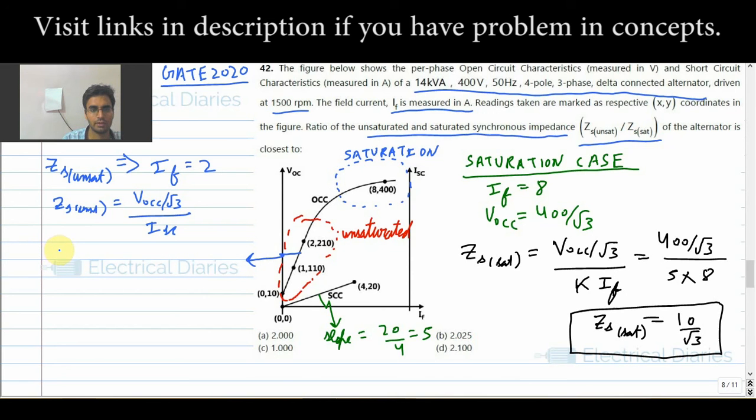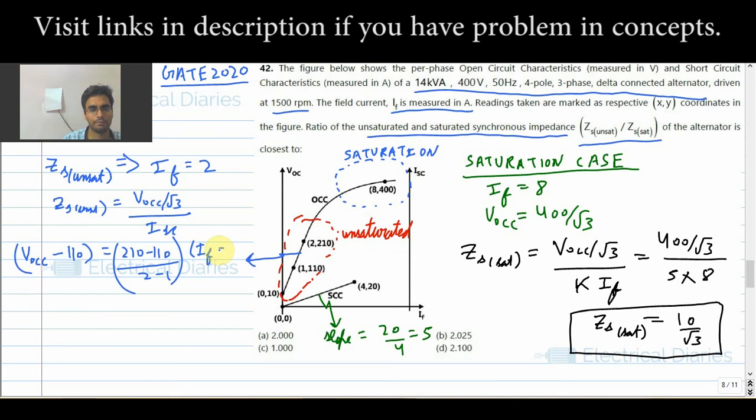Two points are already given to me, so I will take y, that is VOCC minus 110, is equal to 210 minus 110 divided by 2 minus 1, into IF